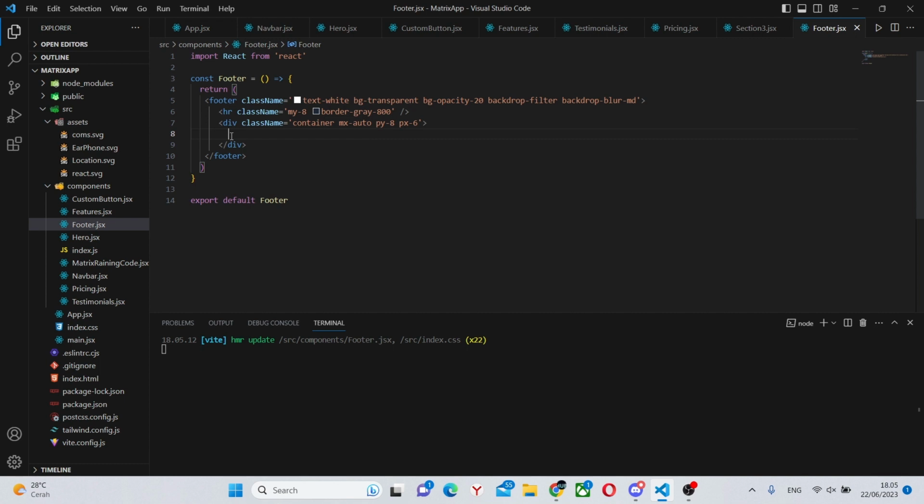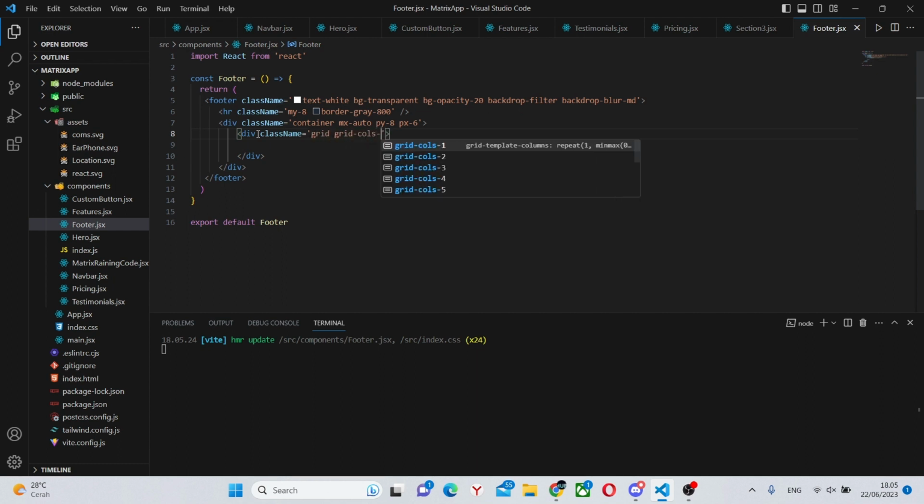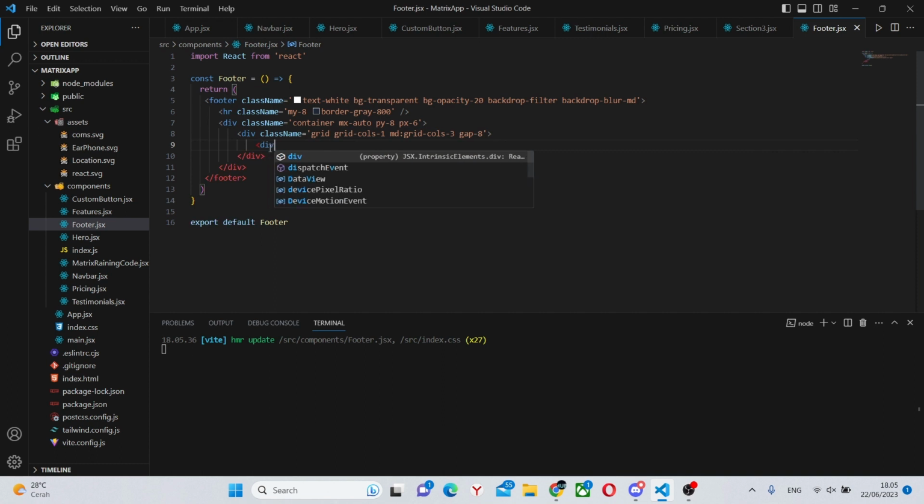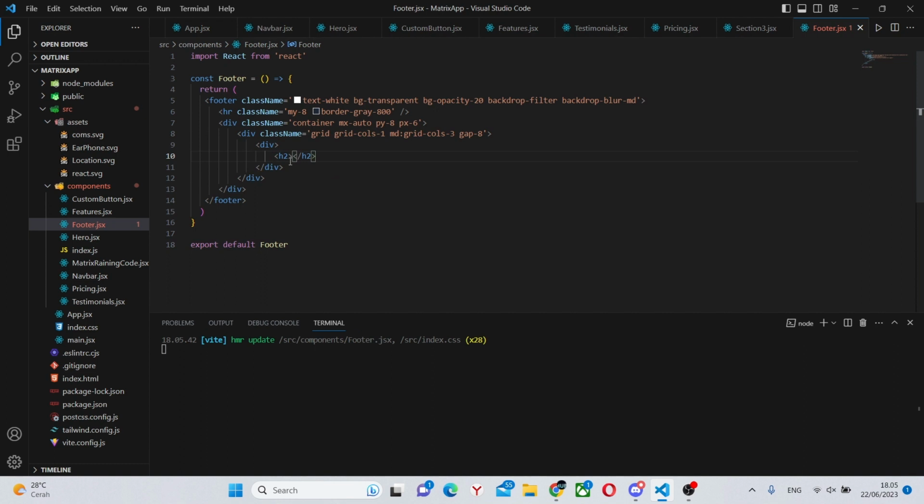Now we can start actually adding some elements. The layout is going to be very similar to our previous layouts. So we can say grid-cols-1, md:grid-cols-3, gap-8. In here, we'll have a div and an h2 tag, which will say Matrix App.